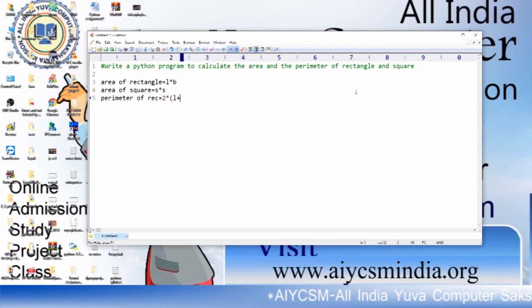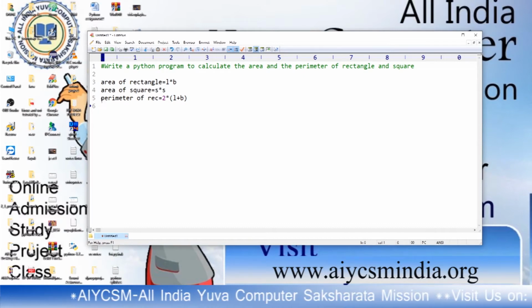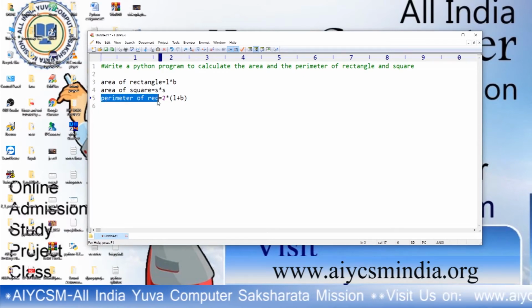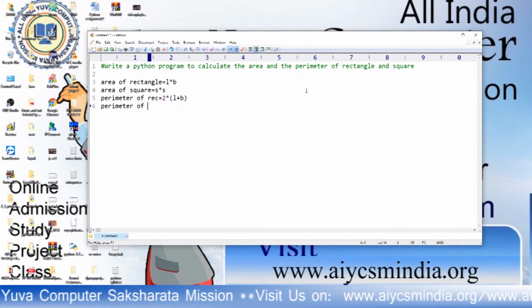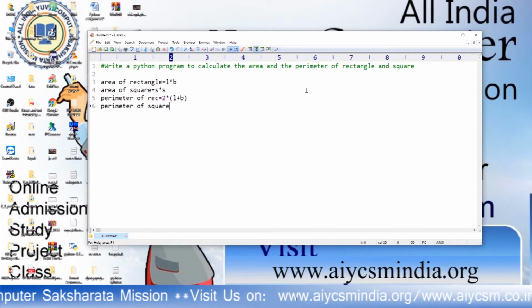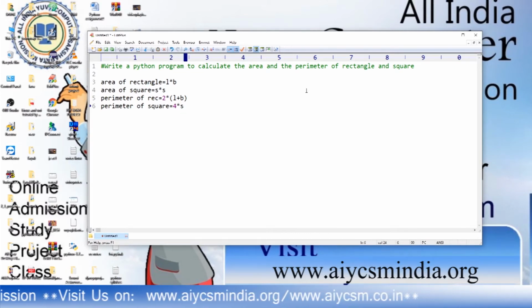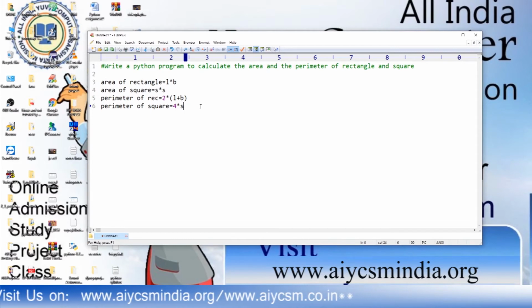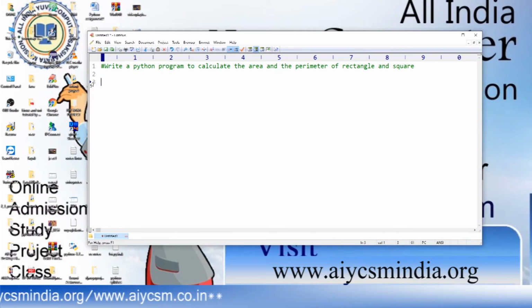This is the formula. I am not writing the program right now, I am just telling the formula. And the perimeter of square is 4 into S. Everyone knows the formula. We have to implement these formulas and write the program.